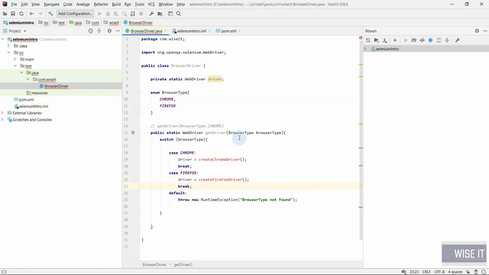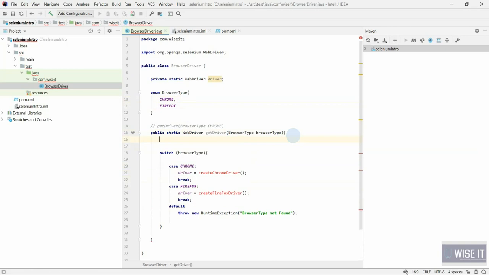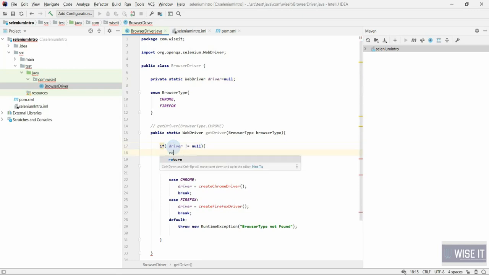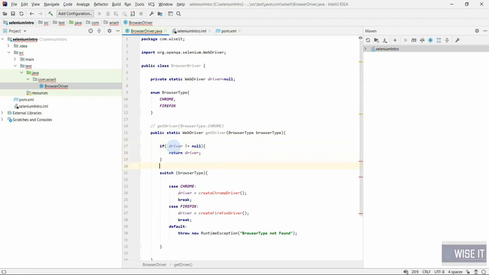Now there is one more thing. You should only go into this switch case if the driver is null. So let's make it null by default, and here we'll set: if driver is not equal to null, then what should you do? Simply return the driver object. So what will happen?